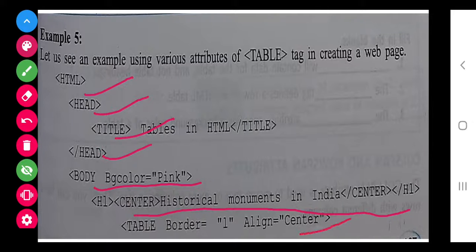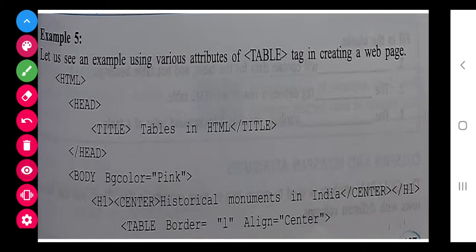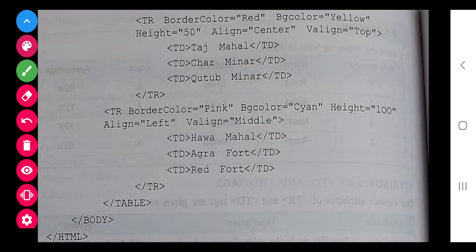And now the table is created with border and it is center aligned. Now after that, in the first row it is applied that border color should be red and BG color should be yellow. BG color means background color.